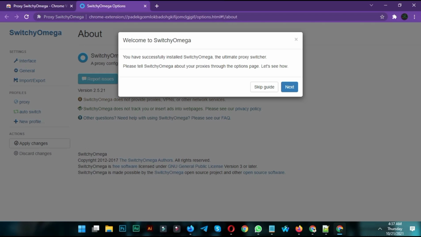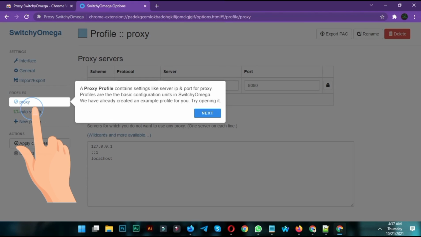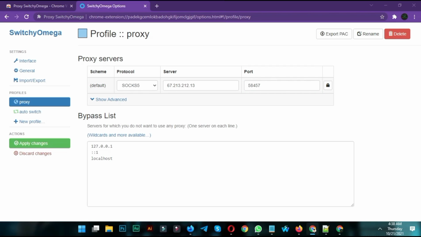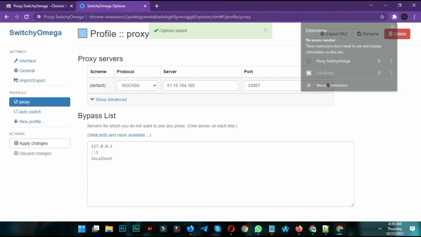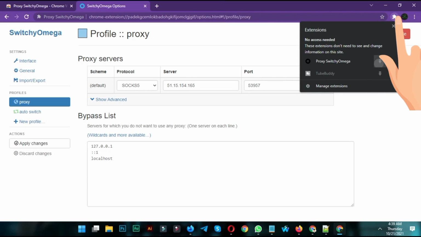Adding the extension will open such an interface. I will add the IP by clicking on the proxy option from the sidebar on the left. I have added a SOCKS5 IP here. Once the IP is added, I will save the option by clicking Apply Changes. I will pin the Proxy SwitchyOmega by clicking on the extension icon at the top right.